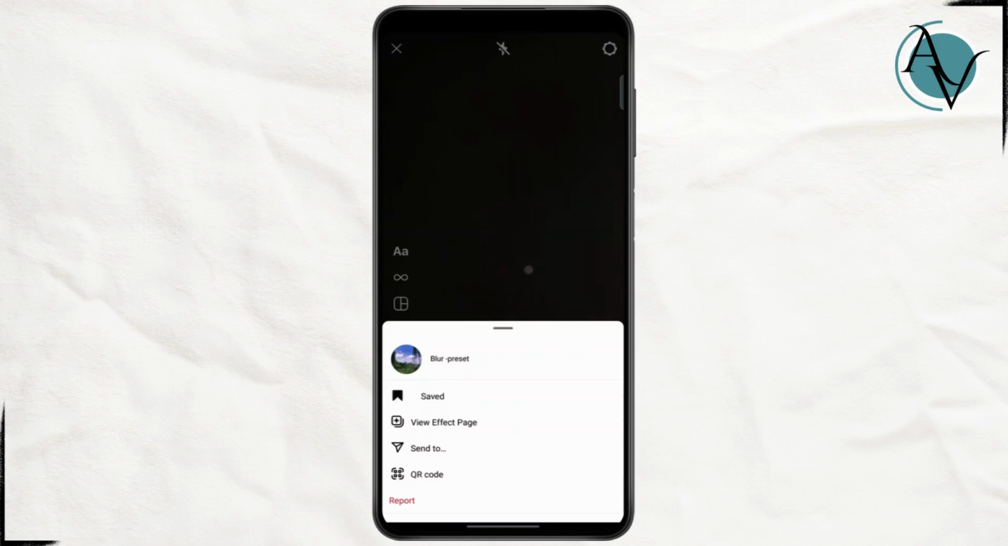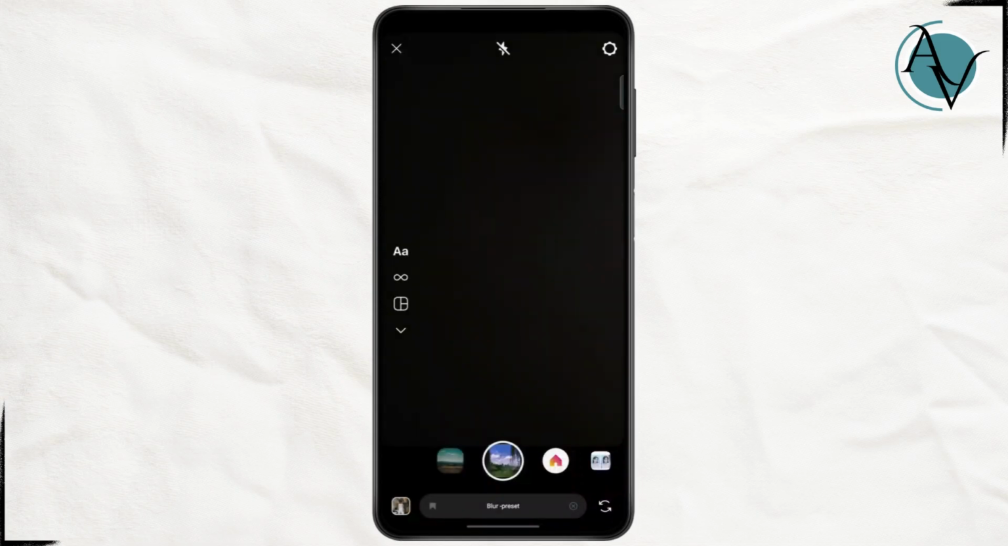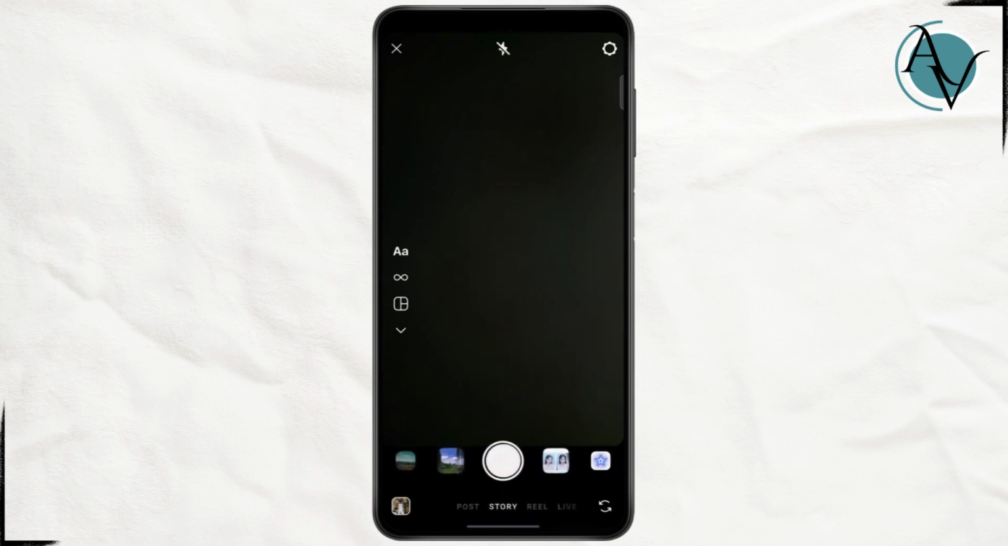the effect. So every time you go back to your home page right here, your saved effects will be shown on the left side of your home page. And that's how you find and search for